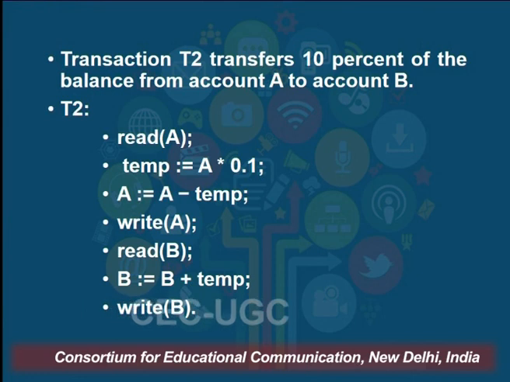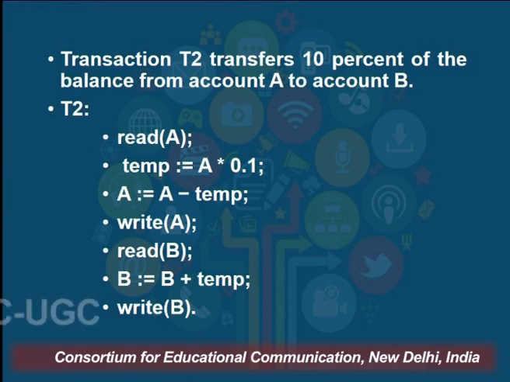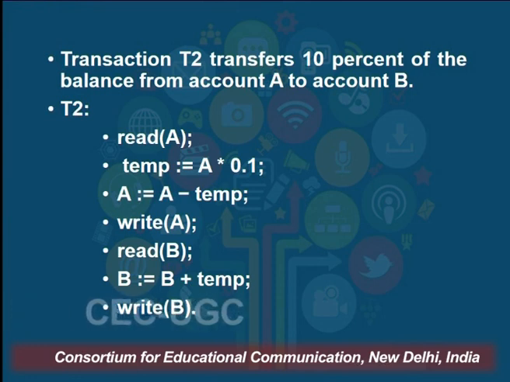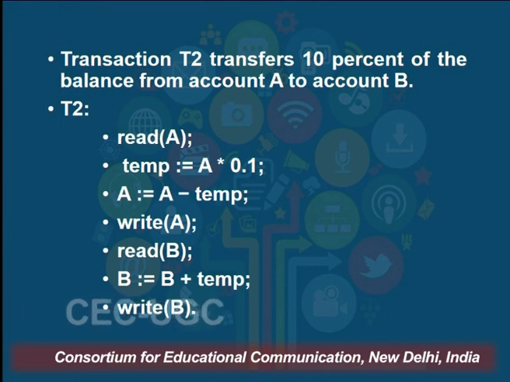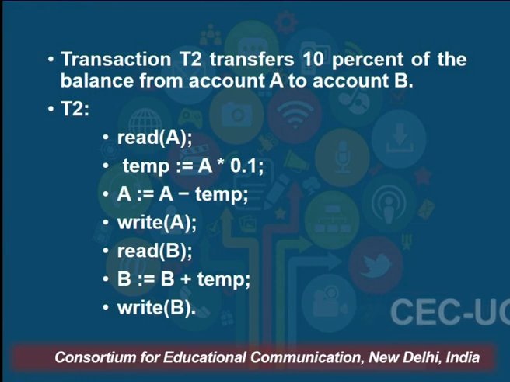Let's see, the transaction T2 is about the transfer of 10% of the balance from account A to account B. So in this there is a twist, a small change in the calculation. Read A, then we have created a temporary variable in which 10% of A is stored, and now A has been deducted by this temporary variable, and A has been updated